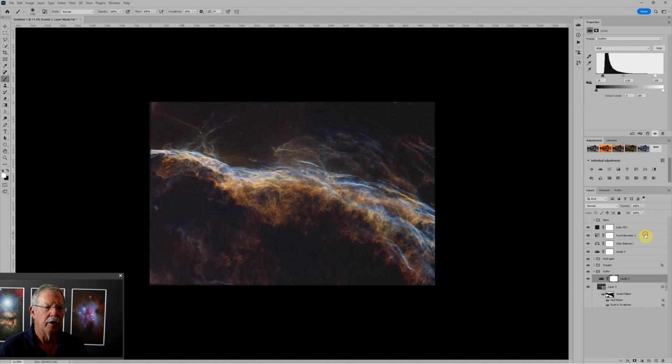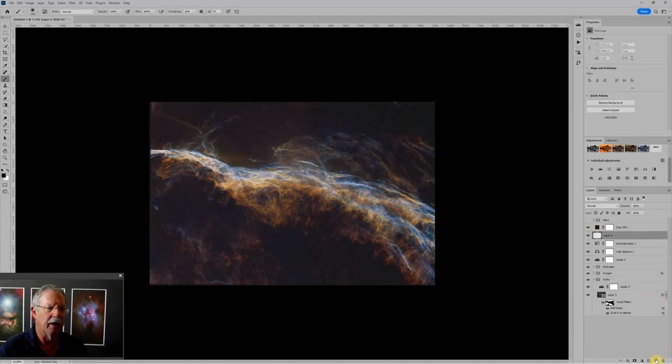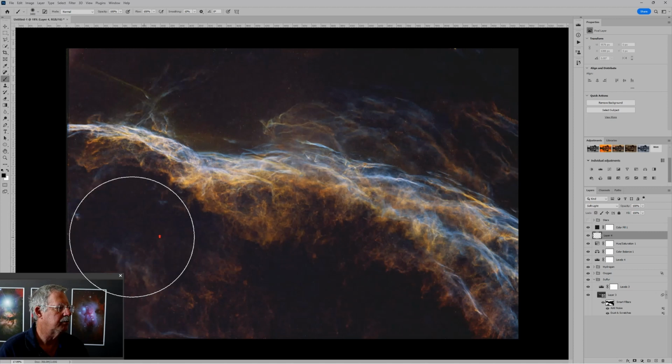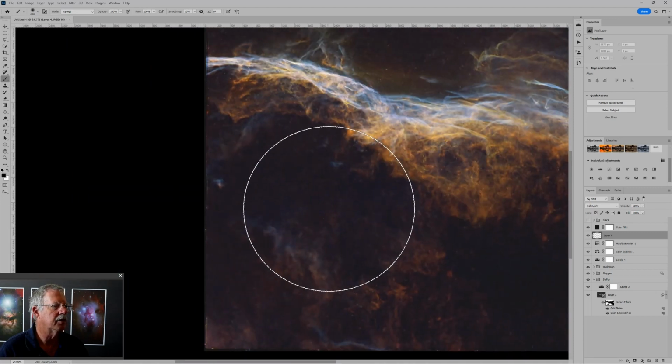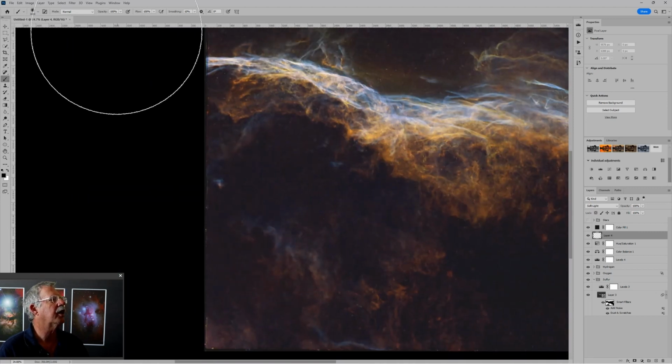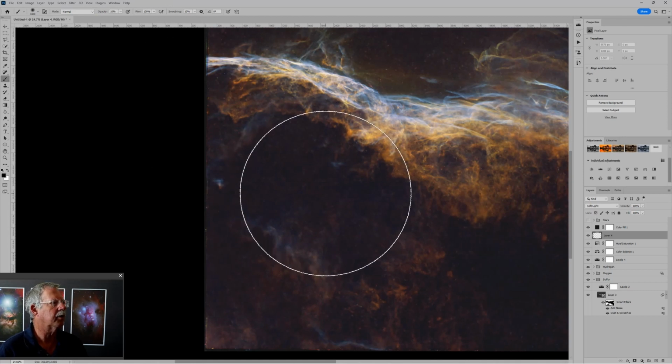So I'm going to go to the hue saturation layer, which is just below the solid color fill layer, and I'm going to add a blank layer, and again I'm going to put it in soft light blending mode. What this will let me do is use my burning and dodging tools at a fairly large level. So over here where I'm really just seeing a lot of noise, if I start by darkening this, let's go to 10% opacity,